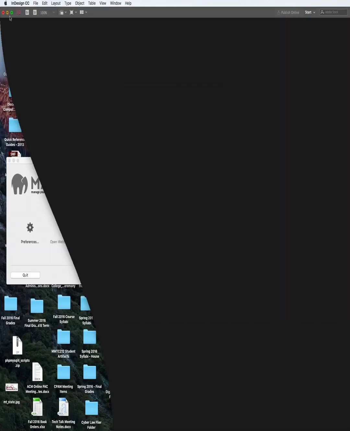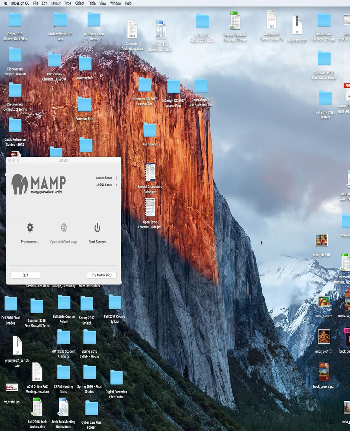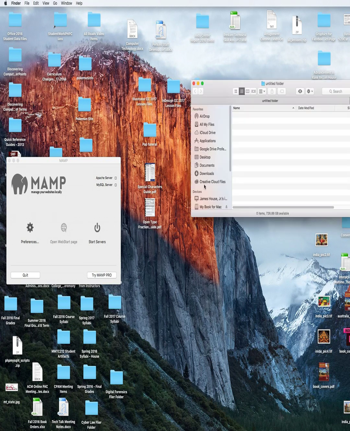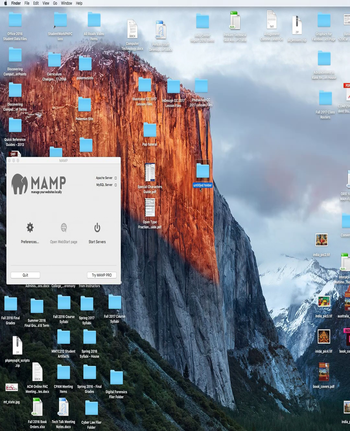One of the first things that I would recommend doing is creating a folder on the desktop. Now on a Mac, if you hold down the Control key and click, you can create a new folder. And from here, I'm just going to rename this Book Covers. It's always good with InDesign